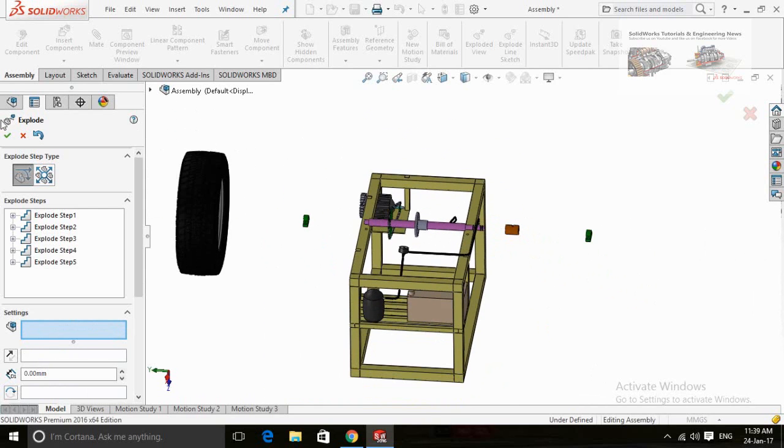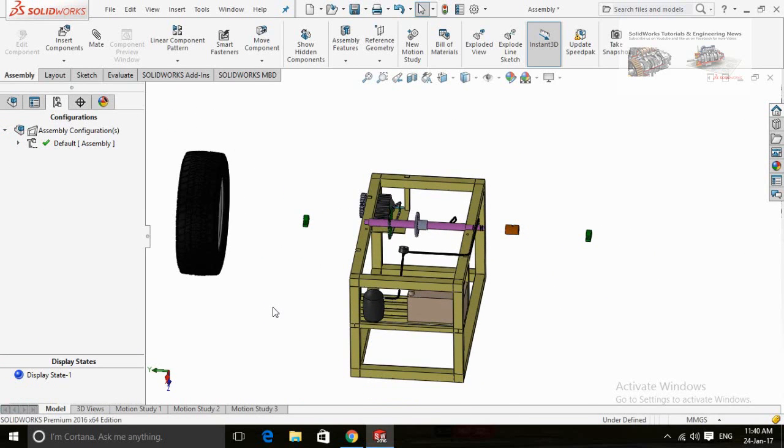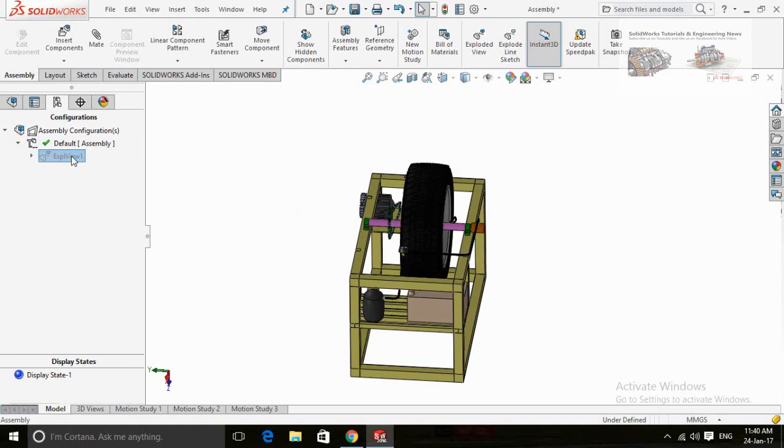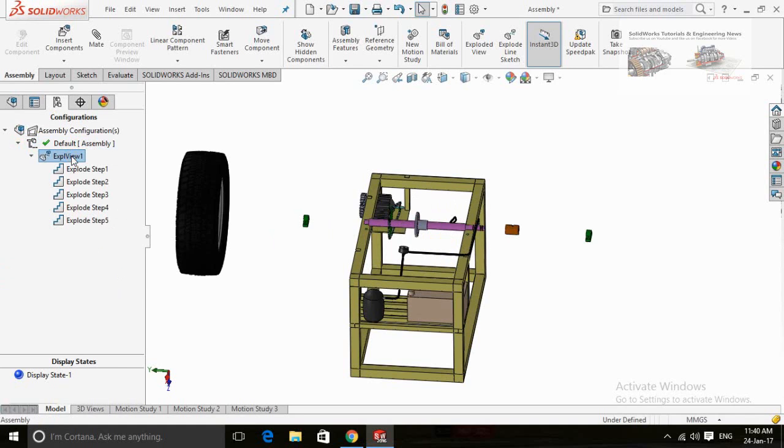After being done, click on OK to save this exploded view. Double click on this exploded view to assemble and disassemble your assembly.